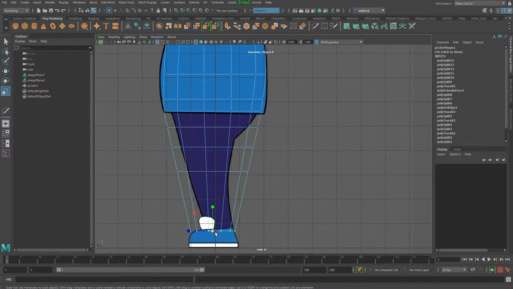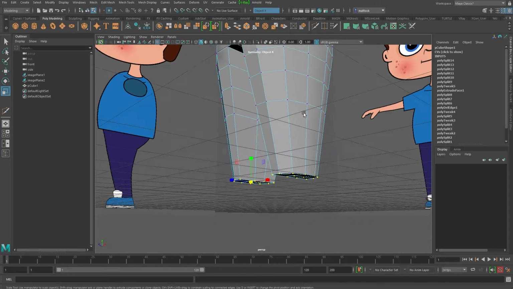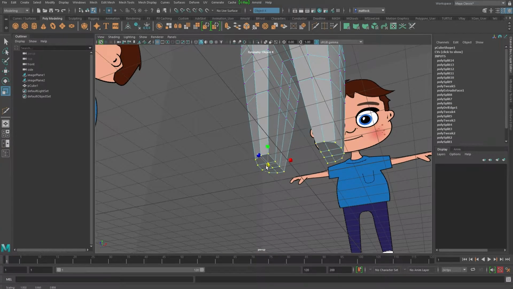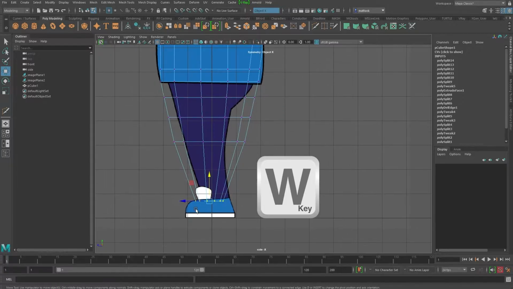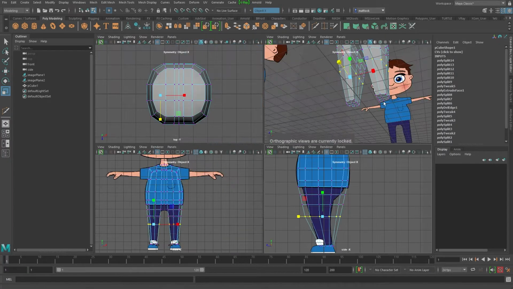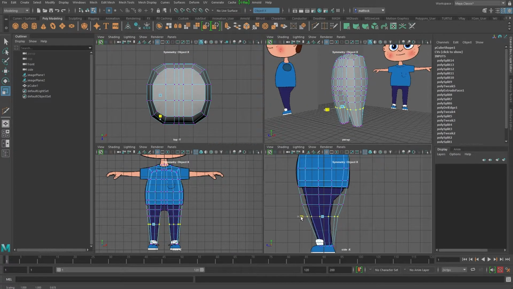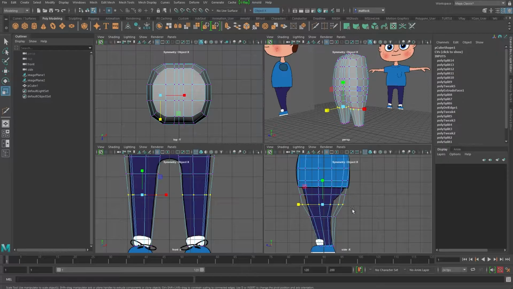Okay, it's a case of refine, refine, refine, and you don't have to scale uniformly as well. So if I just quickly show you this, if I use the yellow one, it scales uniformly, but you can also just do it in one direction. So if I look from the side, just one direction, hit the W key to move, and select all these vertices. I'm going to get both views up so I can see both. And I'm going to scale in this way. Have a look from the front view as well, see how that's looking. Yep, good. Scale in from here. I'm going to move. And as you can see, we're slowly refining the shape.